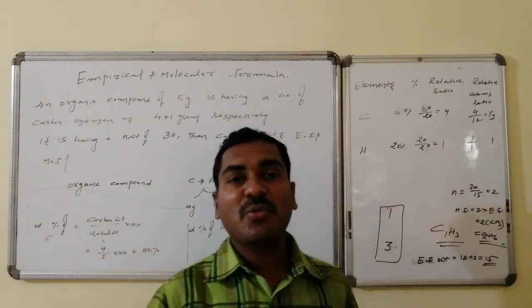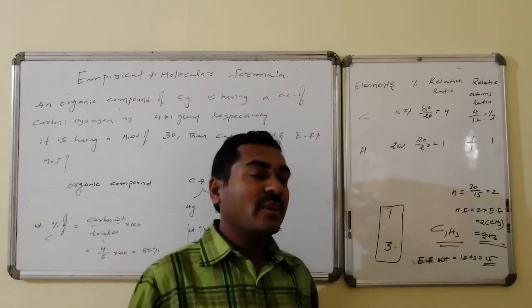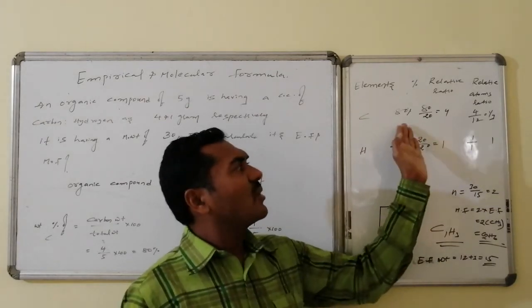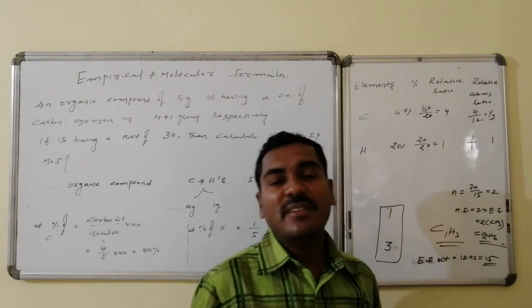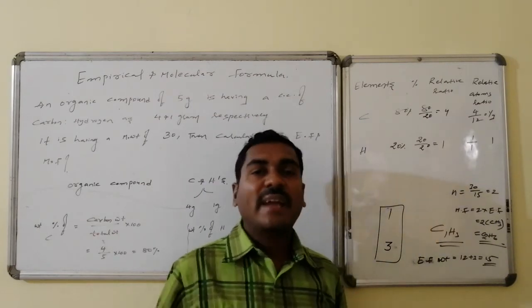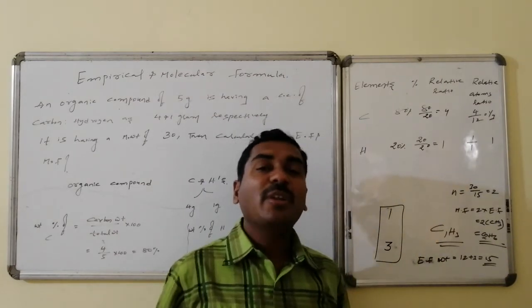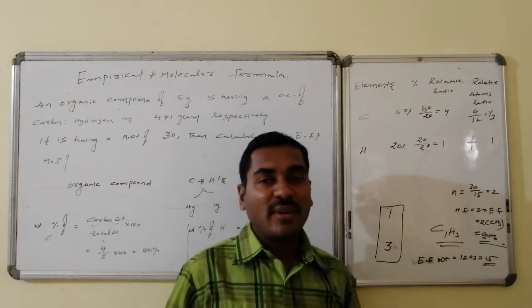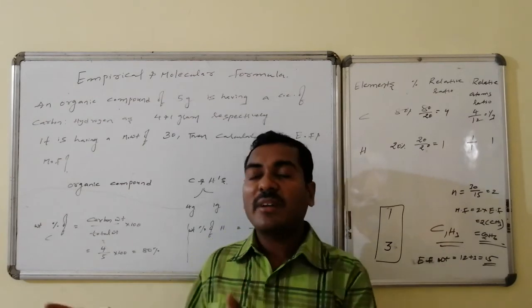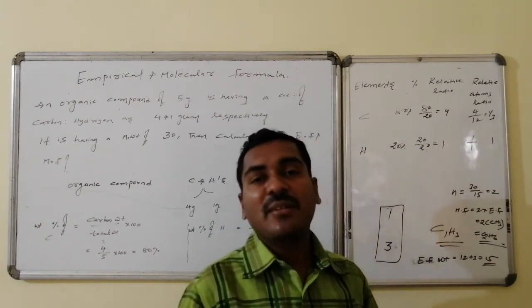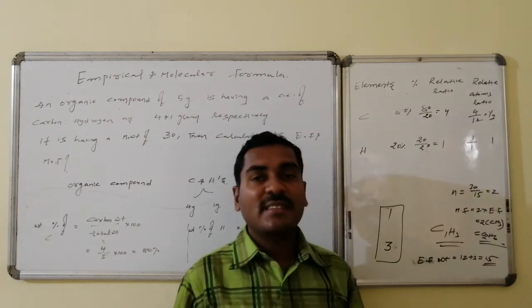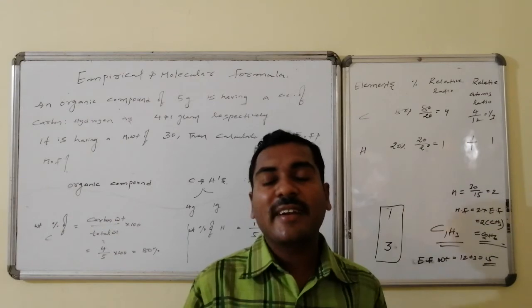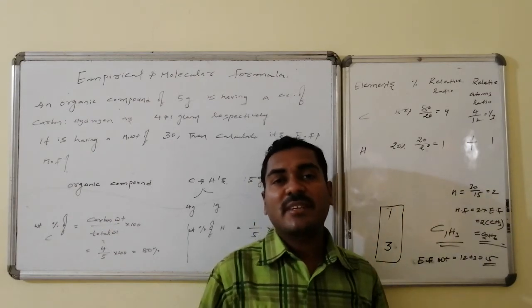Once again I am making it clear to you. First of all we have to take the weight percentages. Then you also divide those by the corresponding atomic weights, and you will get atoms. Thereby you have to get the minimum atoms ratio. That minimum atoms ratio is said to be the empirical formula. From the empirical formula and the molecular weight, calculate the n value. That n value provides the molecular formula. Thus we calculate the molecular formula associated with the compounds.